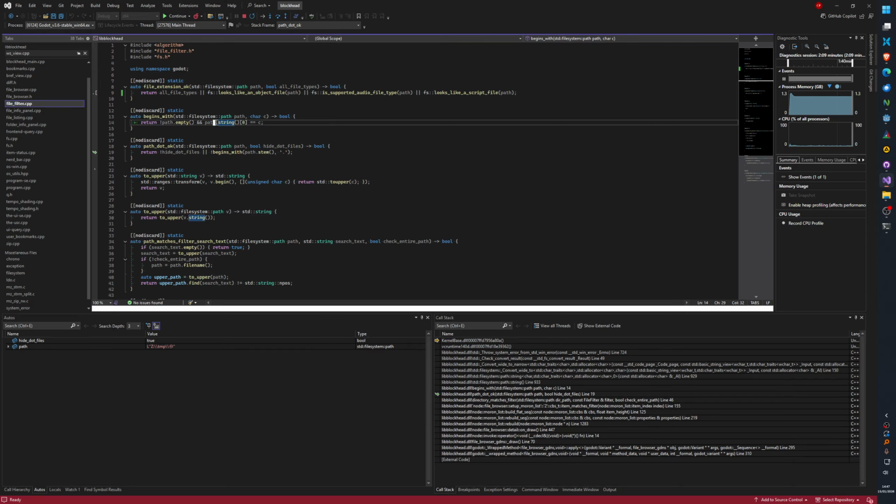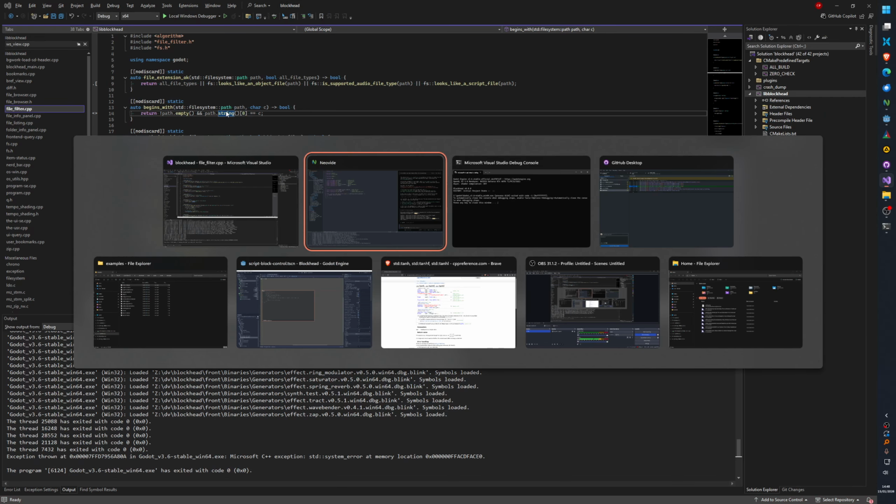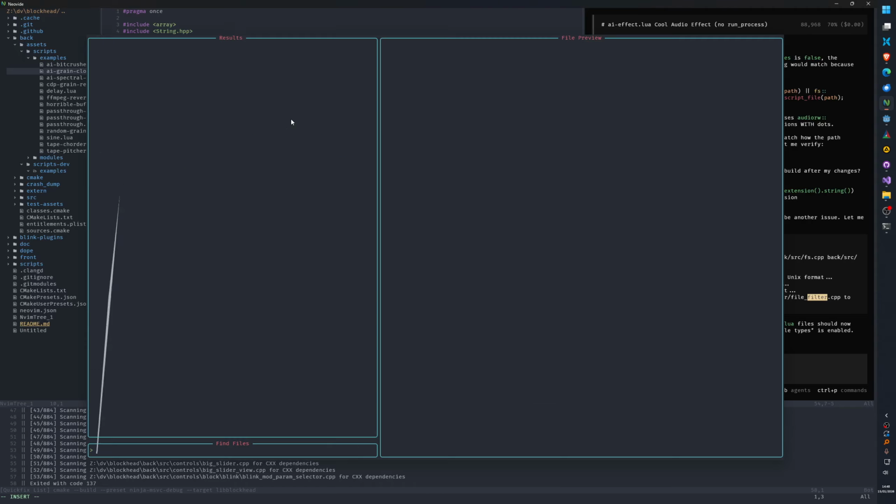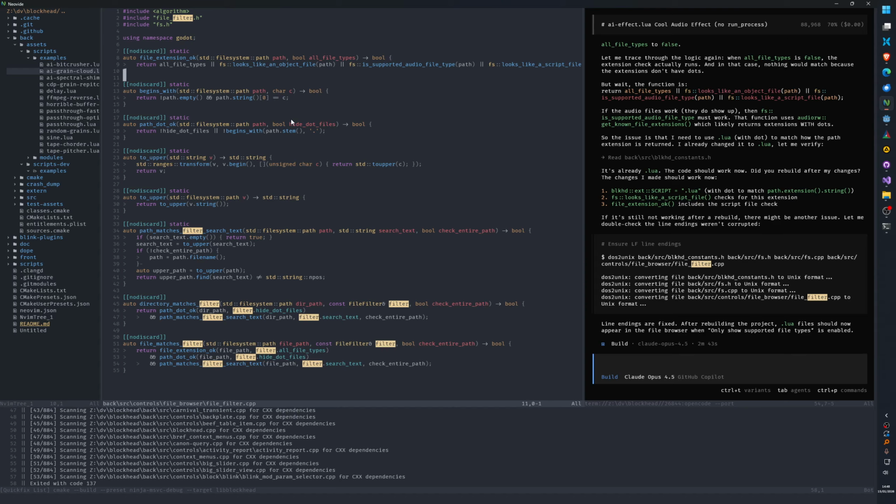I think everywhere this is a new thing because I started using standard file system paths instead of the Godot strings. I don't think I should ever be using .string. Well, let's ask Claude about this as well. Maybe it knows something I don't. It probably does. An exception from string.